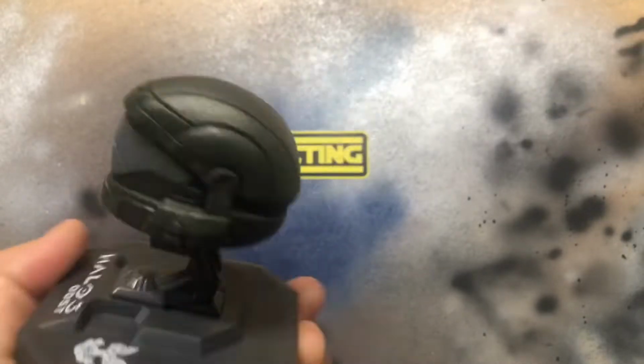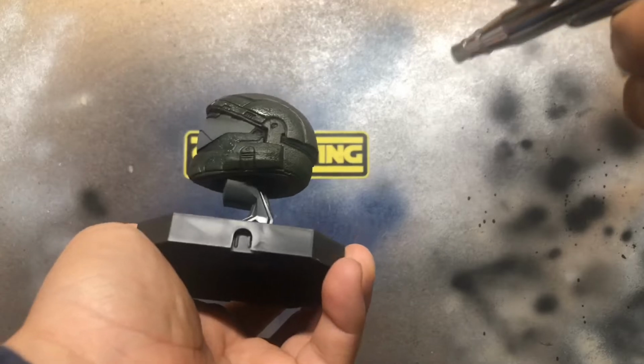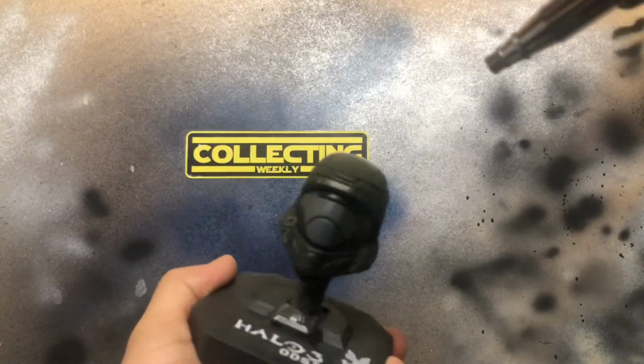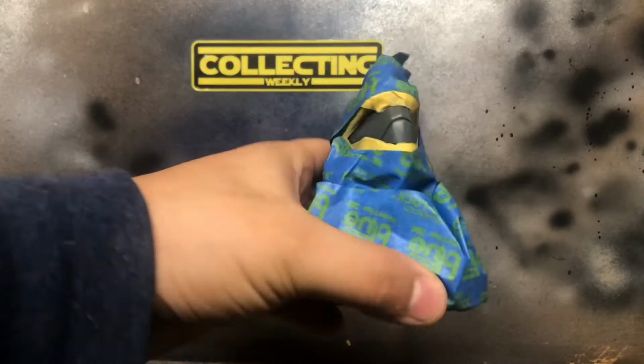We could certainly try to replicate the stock gunmetal, but I find since we're going to be working with new parts that are unpainted, it's better to start with a consistent base to work from rather than trying to match everything to this helmet. So we're starting off with a decent layer of German Gray,